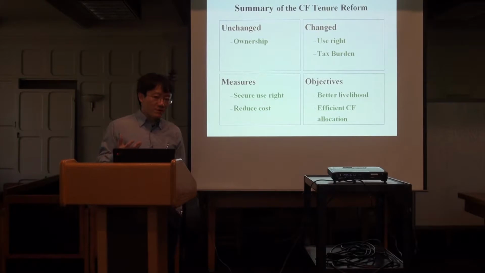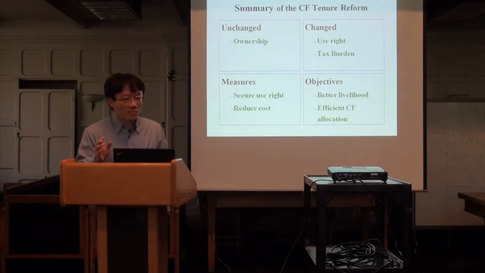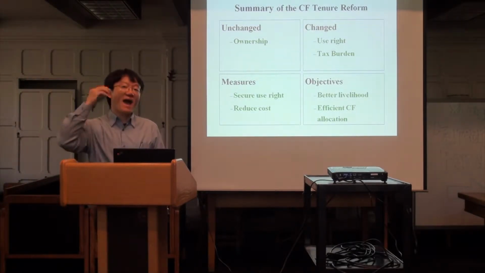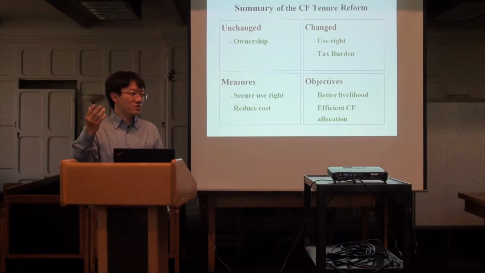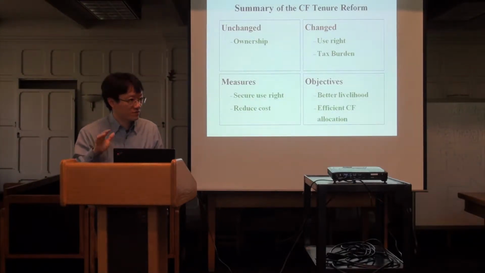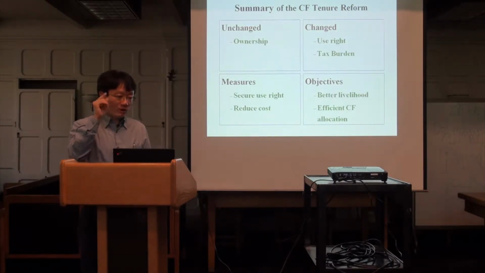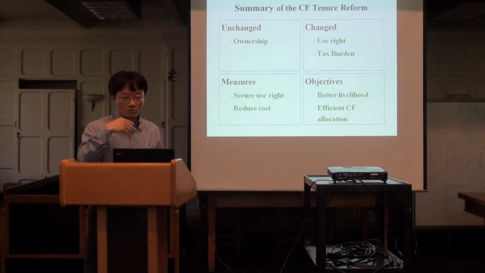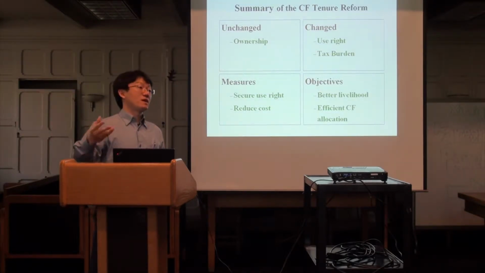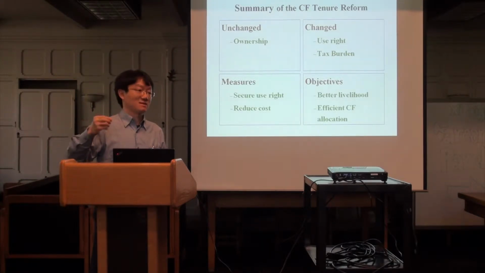So the reform is expected by the government to inspire farmers' motivation in forest management and enhance the allocation efficiency of collective forest. That's a very primary objective for the government. Because the government believes, one reason I mentioned, is to transform the collective property right into private property right, for it's believed that private property right will be more efficient.